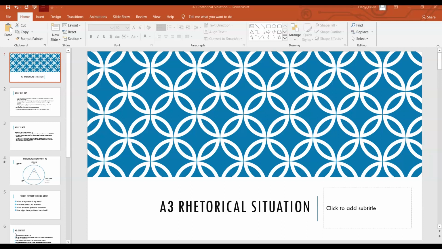If you'll recall, for homework I had you compare assignments based on the assignment sheet, so you're comparing A2 and A3. This is going to pick up kind of where that discussion post and that comparison leaves off. So we're really just going to be working on clarifying what's expected of A3, what the rhetorical situation is, and what the assignment's going to look like. That's what you can expect from this video. So stay tuned until the end. And there's going to be another video you're going to watch with this that'll upload as well. But stay tuned and we'll get started.